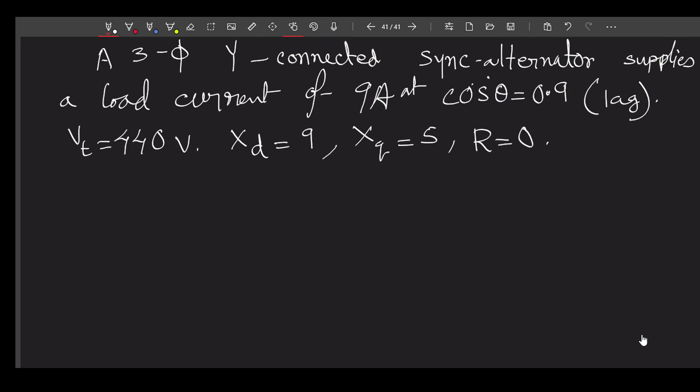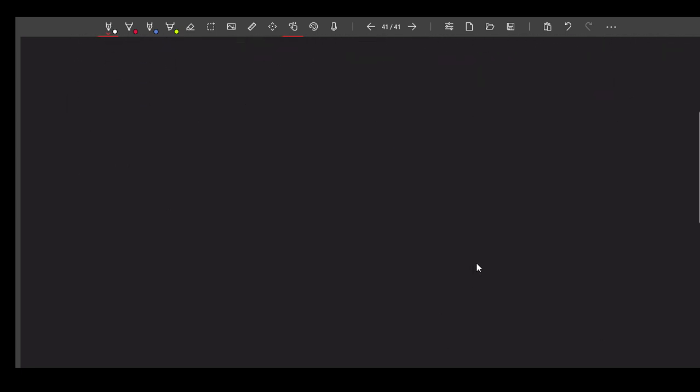We have to find delta, that is load angle, id, iq, and percentage regulation. So here the things become quite simple. Try to draw the freehand diagram of the phasor quite often, so you become an expert of drawing phasor diagram